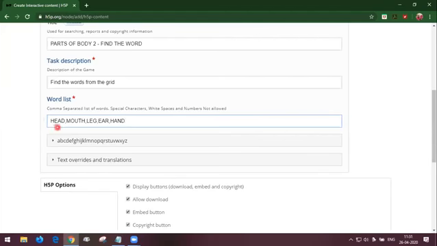Okay, it seems to be enough for me. I have entered 1, 2, 3, 4, 5 words here. You can enter your own choice. Also, depending on our words, the size of the grid depends on the number of words we have given, and the number of characters present in the word is also taken into account.